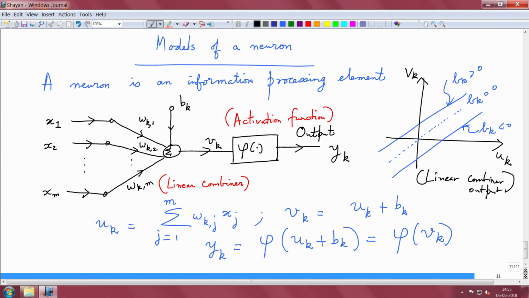So we have this structure for the neuron, and throughout the course we will see this structure, except that the activation function can be different and the network can be different, but in general the processing element can be described in this way. You can interpret this bias as having an input which is all 1, and then you scale it with this bk and feed this to the linear combiner, right. That is how you can interpret this bias term.